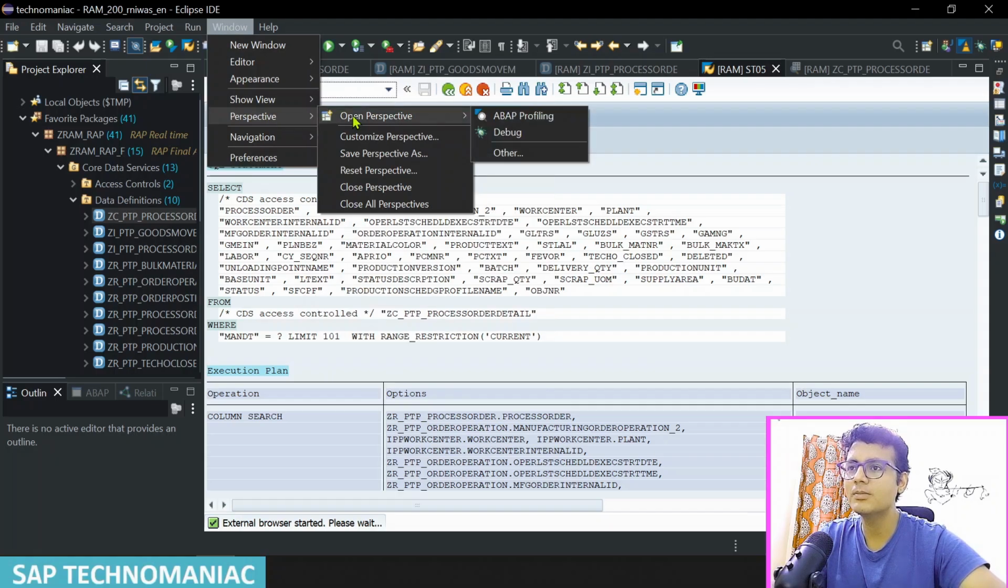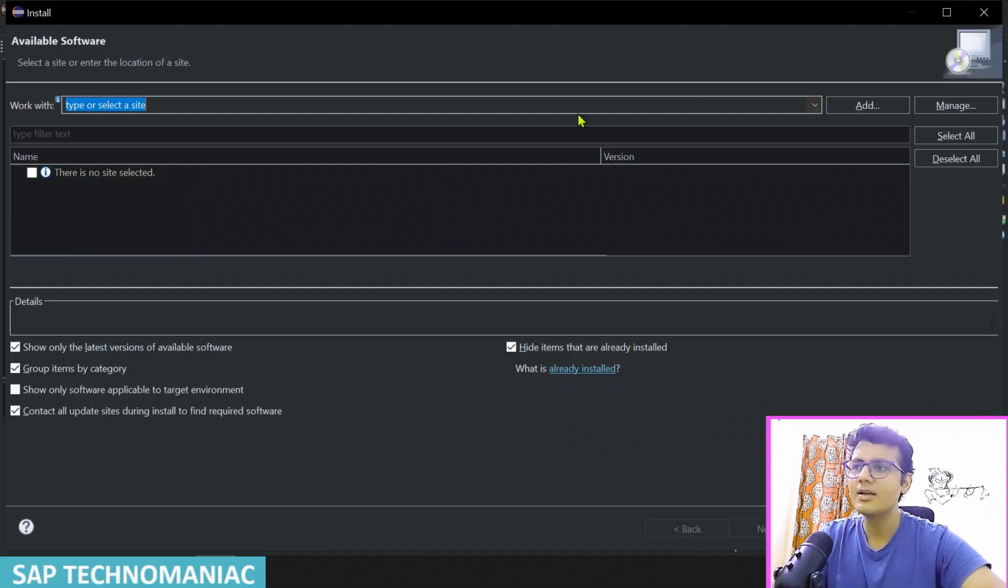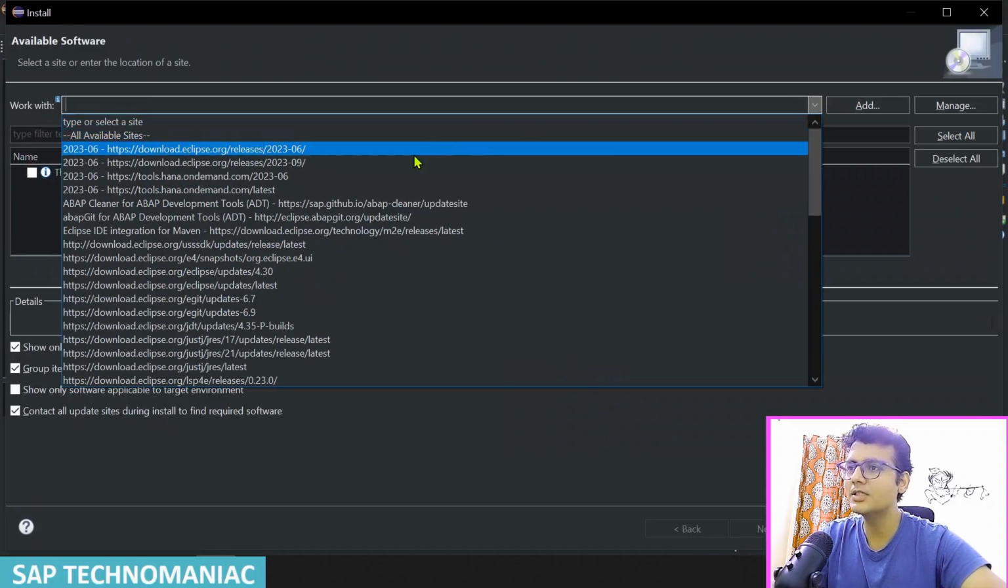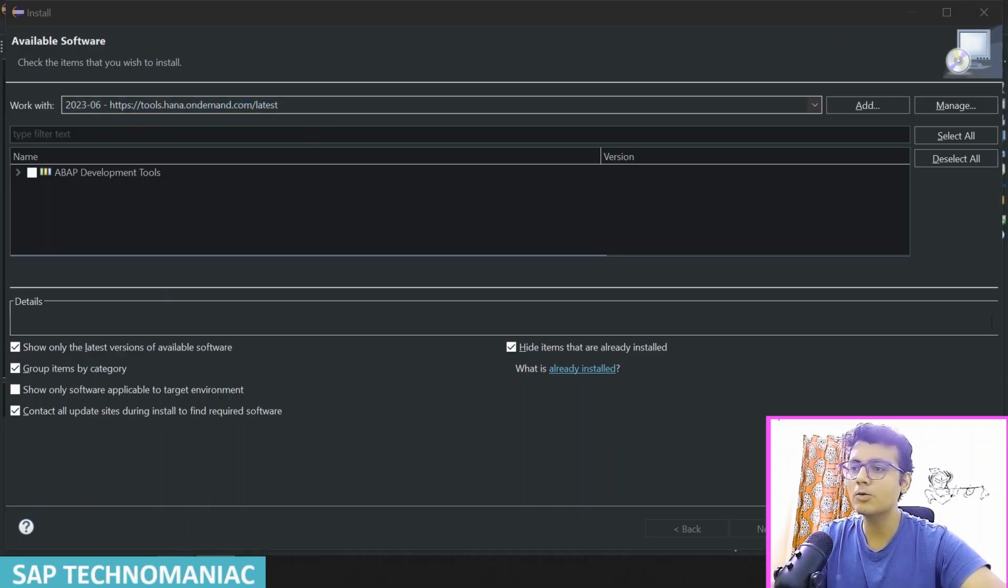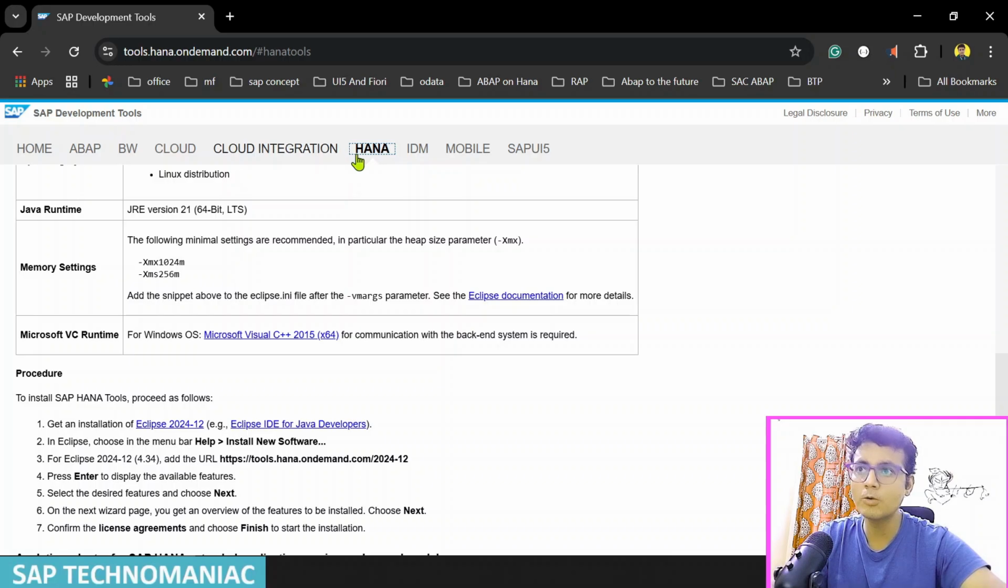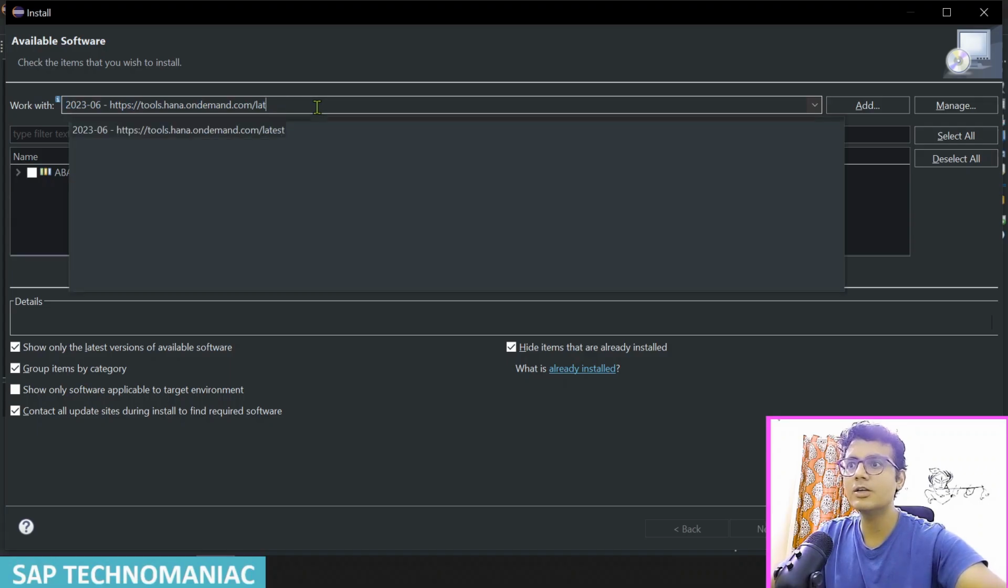You have to go to Help and Install New Software. You might be using the latest version of the ADT, the ABAP Development Tools. In the latest version only the ABAP is available, not the HANA one. So you come to this Eclipse site, go to the HANA tab instead of the ABAP tab, and you can see which version is available already. Currently the 2024-12 version is available. You can come here, and instead of latest you can write 2024-12